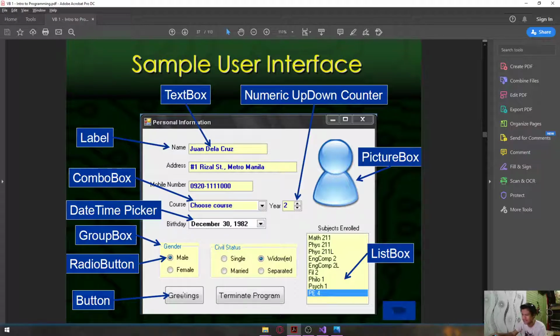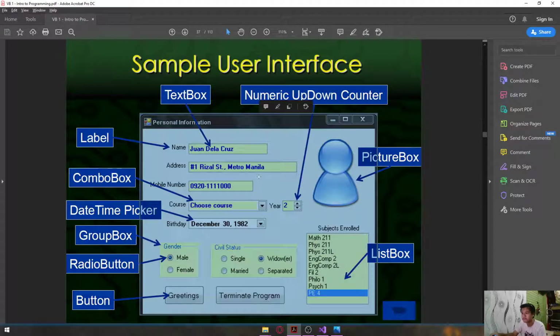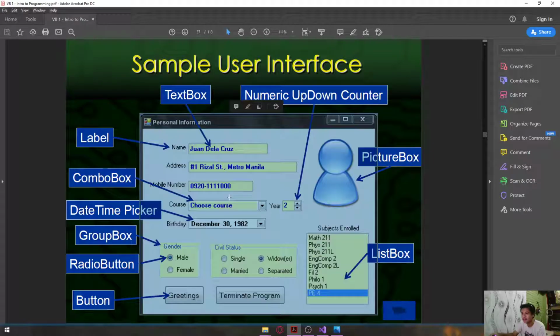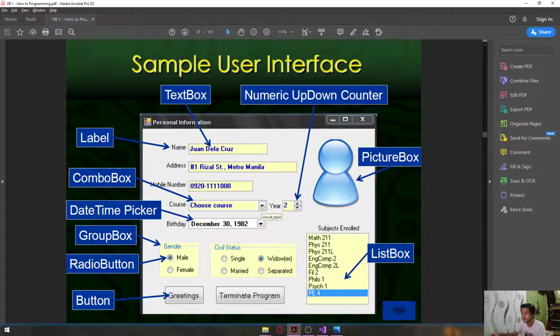So just leave it as it is. So just a terminate program. Okay, and then what else? So put here your real name also. Well, not necessary actually. Just put here any address and then any mobile number, and then in here in combo box, so there should